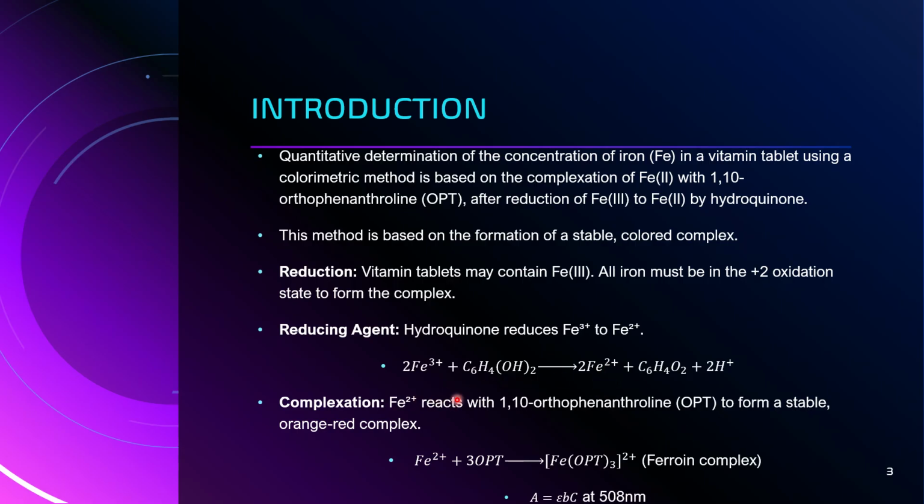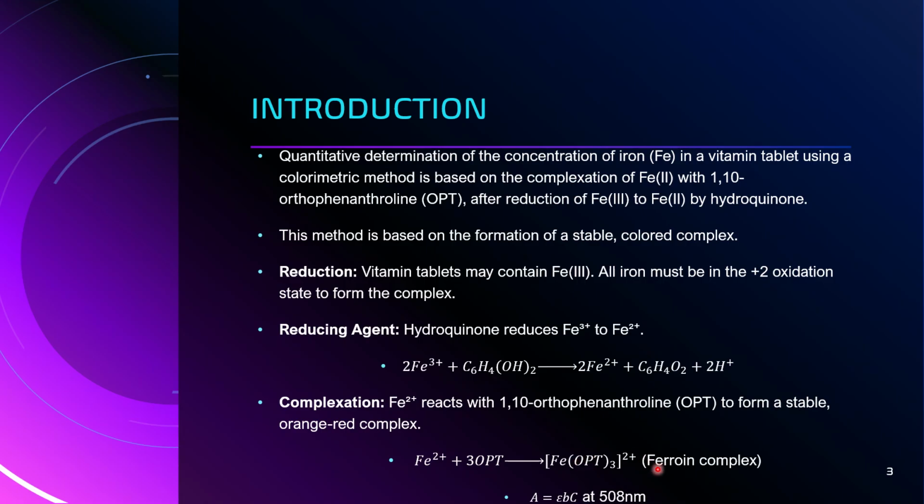In the first step, when we add hydroquinone into our system, all the ferric ions will be reduced into ferrous ions. Then we add orthophenanthroline, commonly known as OPT, and the OPT then binds